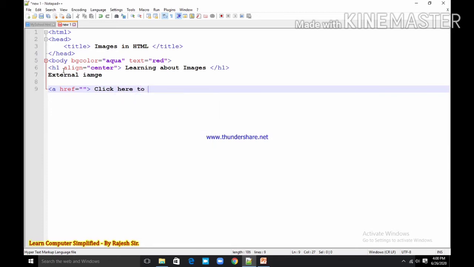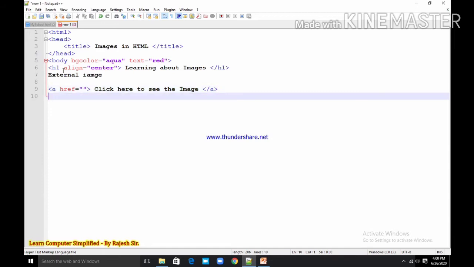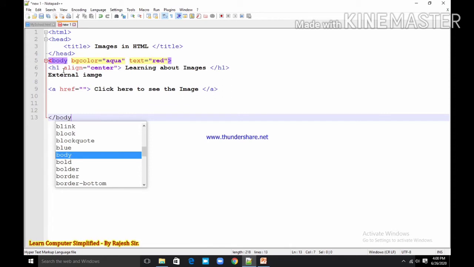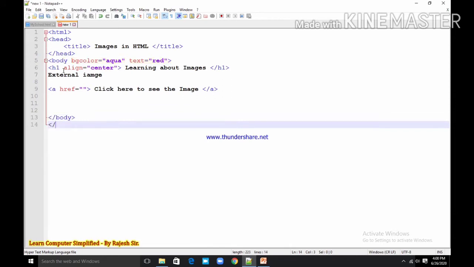Click here to see the image, and anchor tag close. Initially I am doing this much only, closing the body tag, closing HTML, okay, and saving this file, save as.